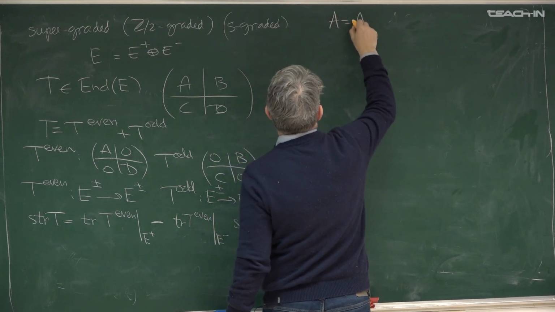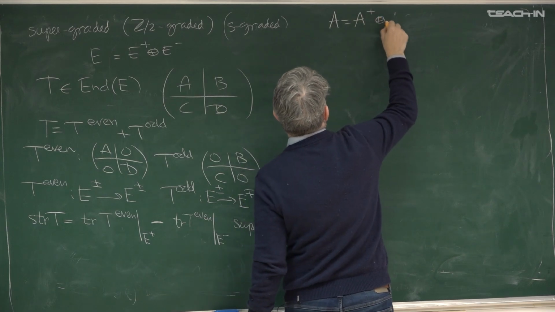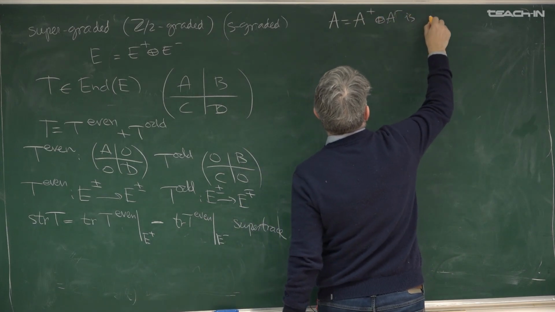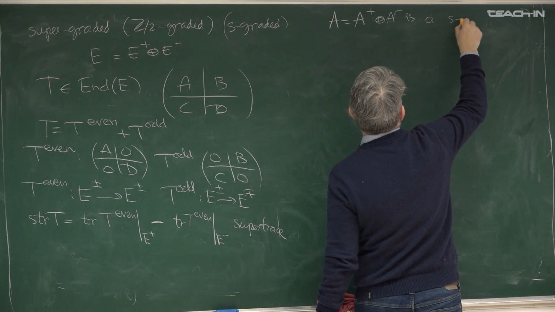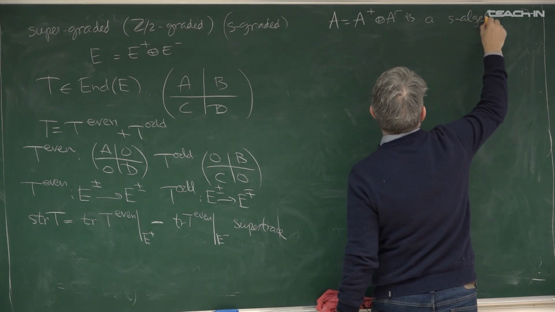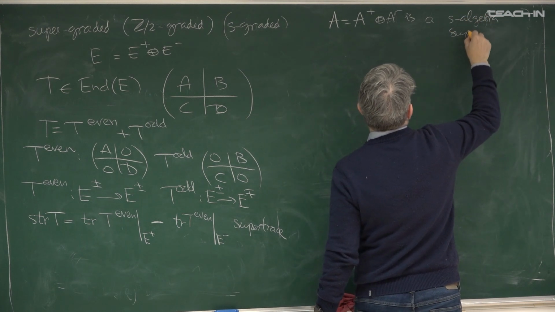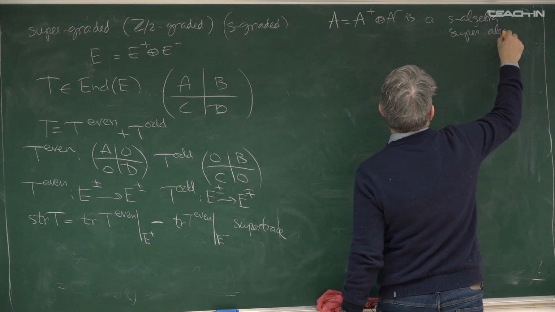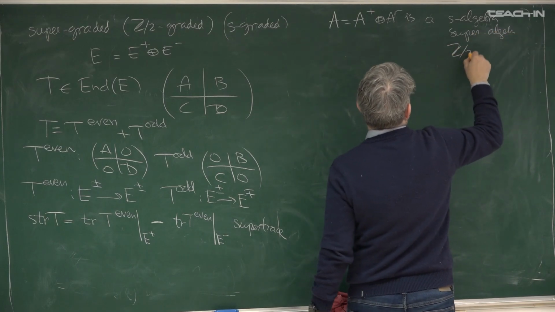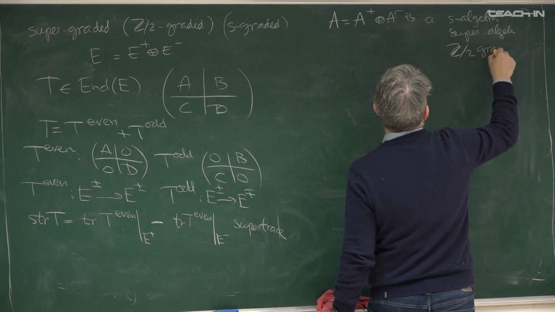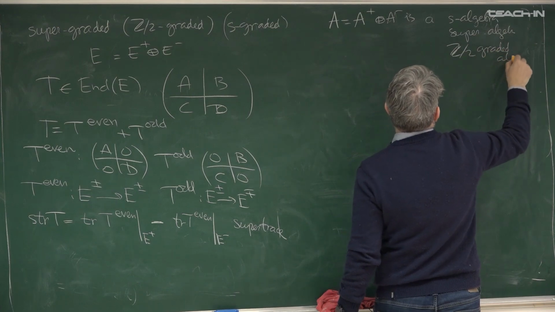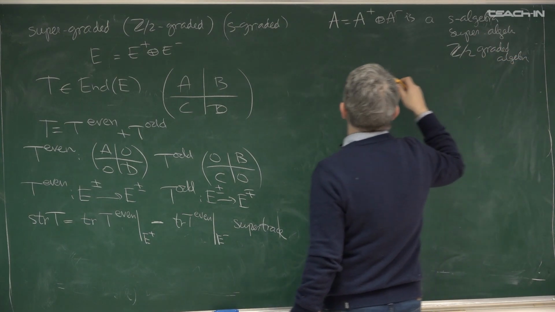An algebra A, which is presented in this form, is a superalgebra, a Z2 graded algebra, if